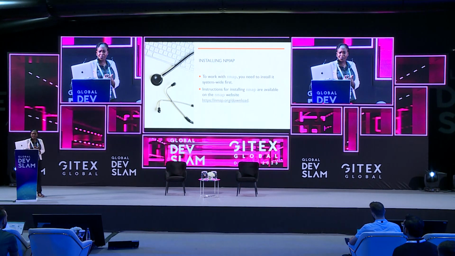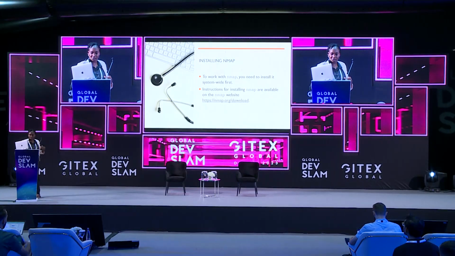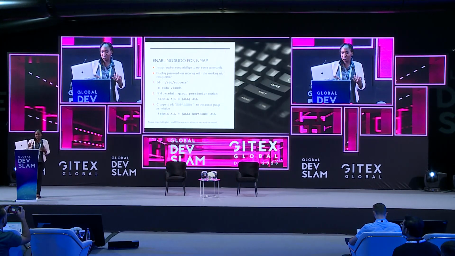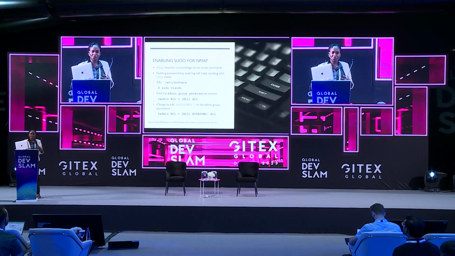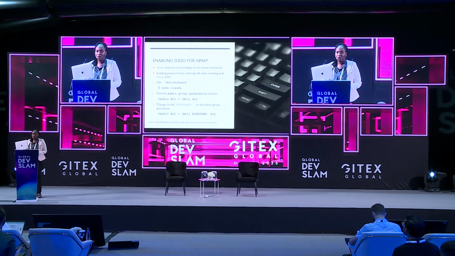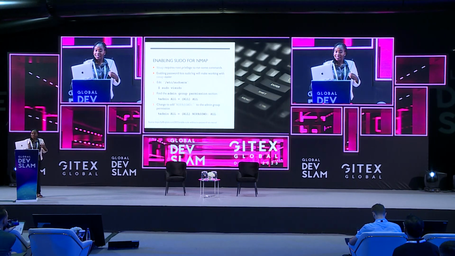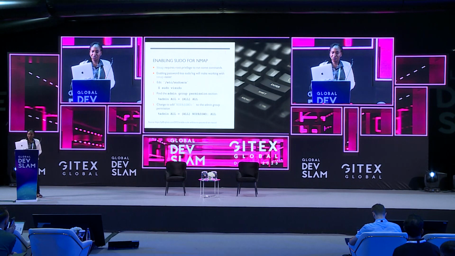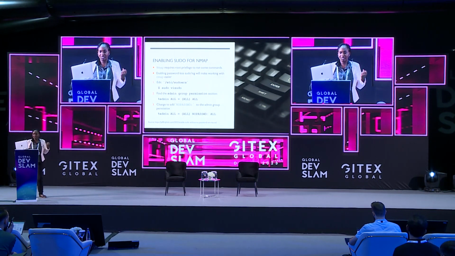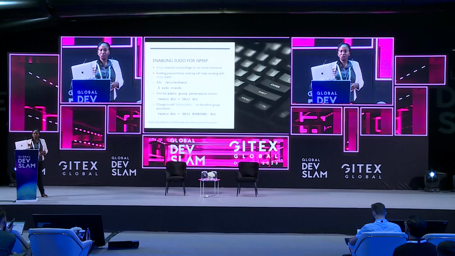So to install nmap, you need to install it system-wide, and instructions for installing nmap are available on the nmap website. I will not dwell much on this. Then to use nmap, for most commands, you need to be able to run as sudo. So the easiest way that I found to be secure for my use case was to edit etc sudoers for my Mac, and to ensure that I can be running nmap as passwordless sudo. So each time I use sudo from my project, I don't really need to enter the password for it,